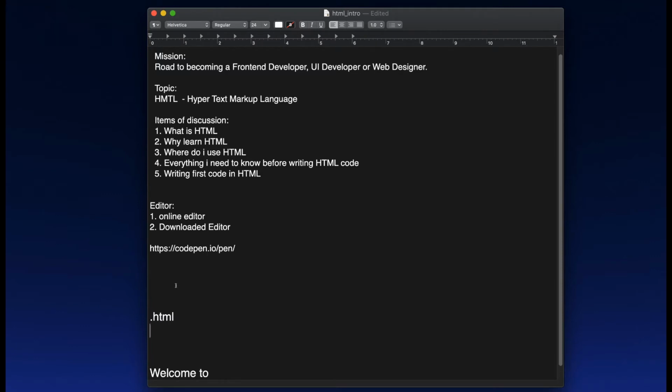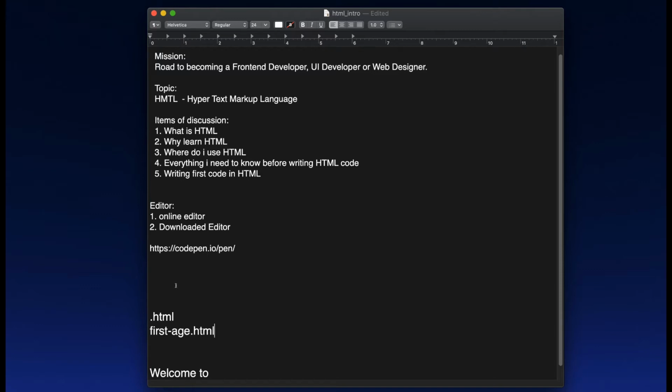Let's say you wan write your first page, you fit give am the name first page.html. So if you create a new file like this and you save am, computer go know say, oh, I need to interpret this file as something wey go show for browser, so na HTML code.